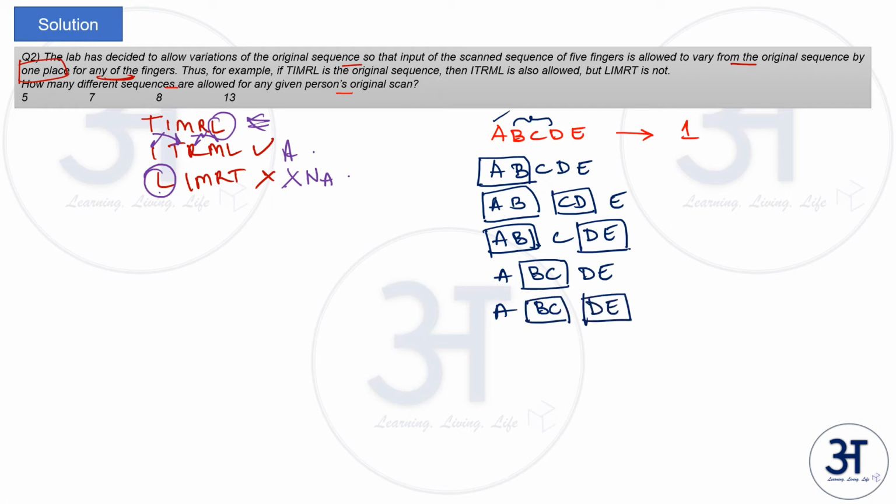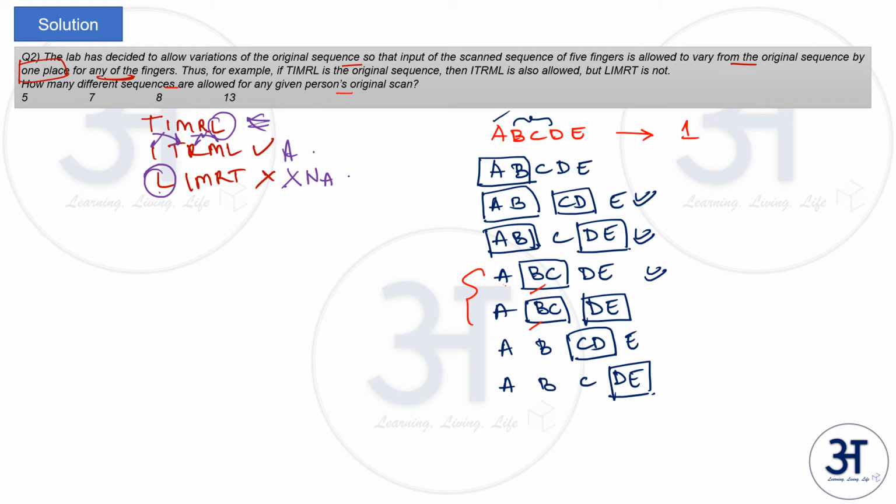So please observe here that when B and C are shifting, it's not possible for A to shift because A can't go anywhere else. The maximum it can go is one place, and that place B is already shifting, so it's not possible for A to go anywhere else. So then BC is done. Now let us move to CD. Only CD can shift, or CD can shift along with AB, which is already taken here. Then only DE can shift, or DE can shift along with AB, which is already taken here, or DE can also shift with BC, which is already taken here.